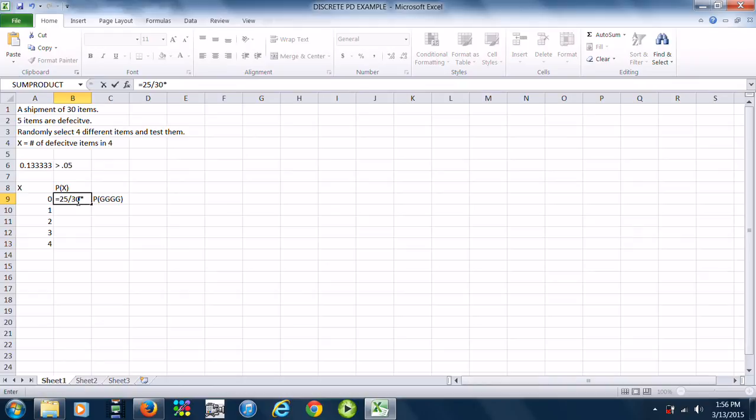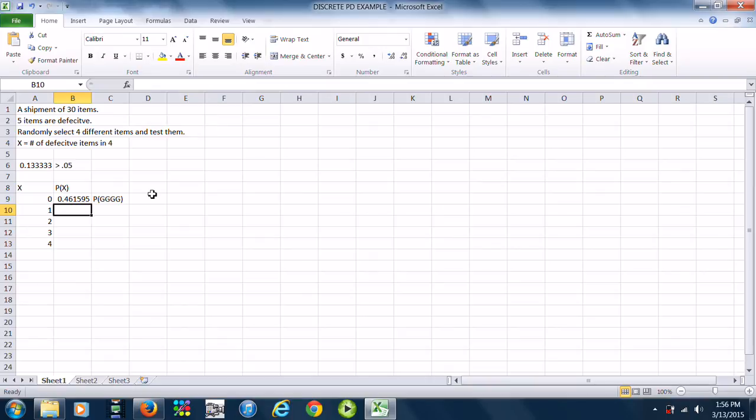And the probability the second item is good is 24 out of 29 because we are sampling without replacement, and these are dependent events, so the probabilities are changing. So there are only 24 good items left, and since we had already taken a good item out, there's a total of 29 items left. So 2 good items are taken out, so now the probability the third item is good is 23 out of 28. That item is also left out of the box, so the probability the fourth item is good is 22 out of 27